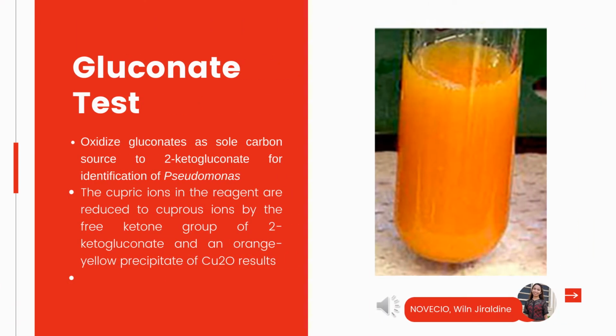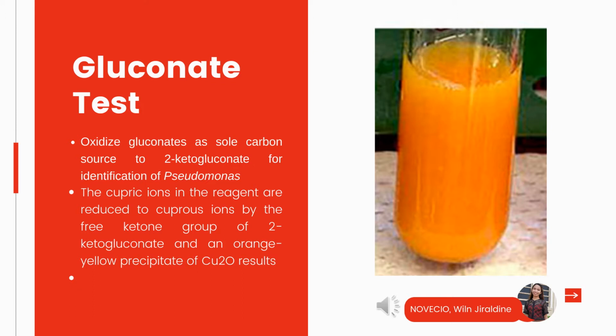Gluconate test medium is used in detection of gluconate oxidizing microorganisms. This medium is used to check the ability of an organism to oxidize gluconate, the sole carbon source, to the reducing compound 2-ketogluconate, which subsequently accumulates in the medium. Peptone and yeast extract provide nitrogen and other nutrients necessary to support bacterial growth. The potassium hydrogen phosphate buffers the medium.